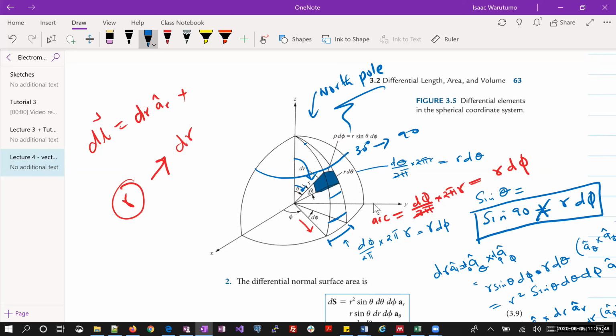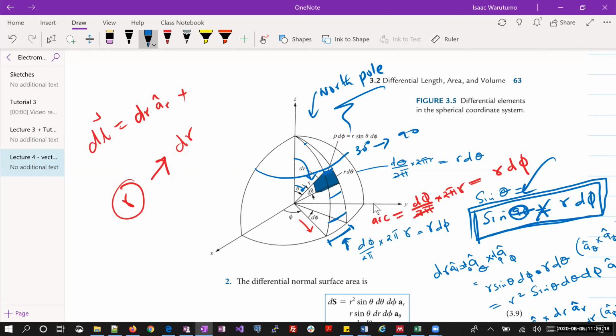And that characteristic is defined by sine of 90 degrees. So we are multiplying our length of the arc with sine theta. That is the only difference you're going to realize, that the length of this arc is a function of theta, and therefore this length of the arc is going to be given by,